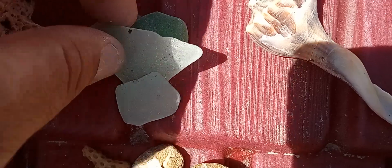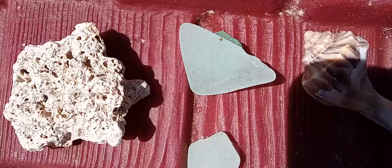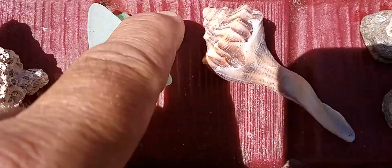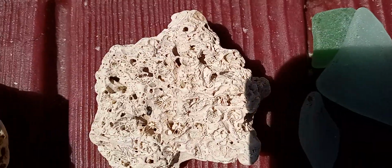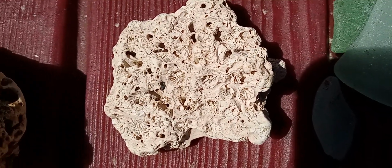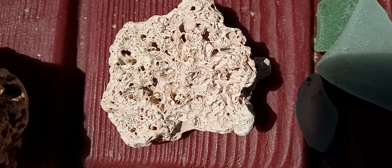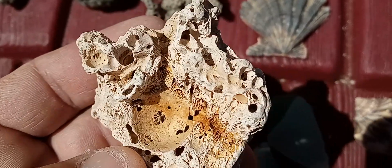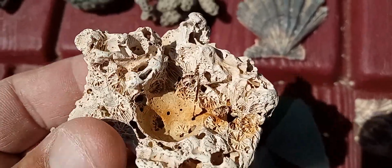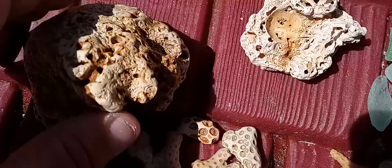Found a couple pieces of sea glass. Not much. I got a really nice collection. This is one of my favorite pieces of coral. Now, this ain't the best piece on earth. It's probably the ugliest, but it's pink and a little bit of orange in there. But it's old. This ain't like most of the coral up here. This one's really old, like this